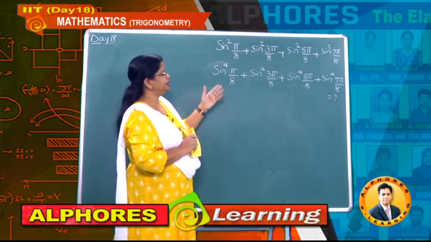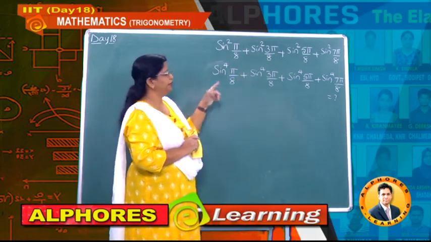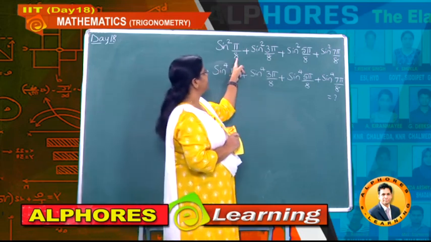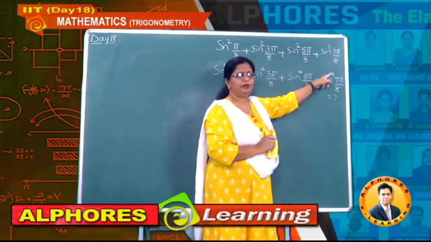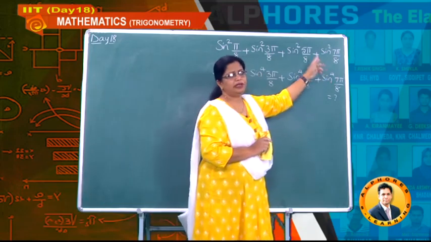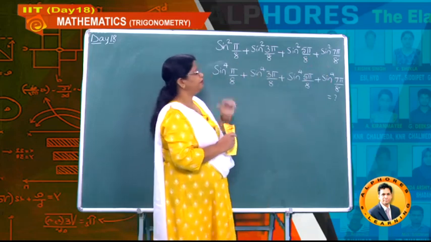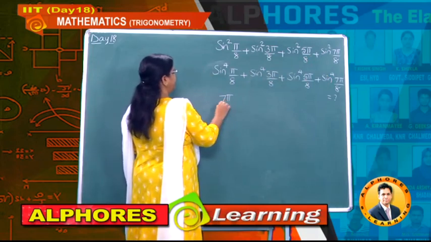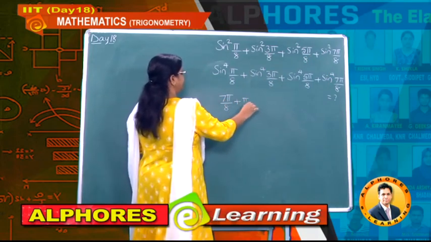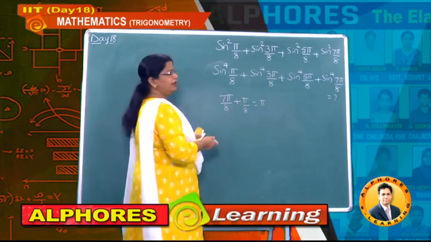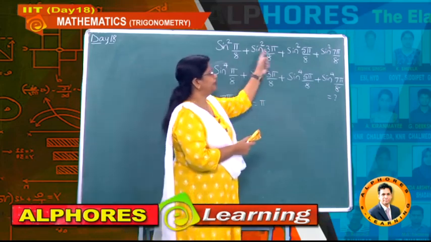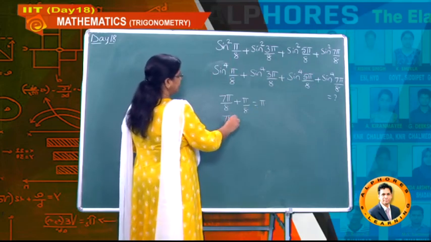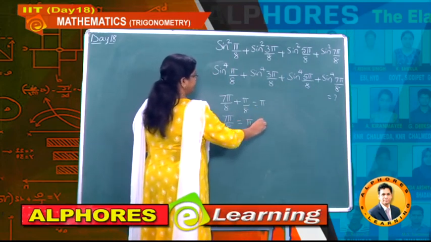That is the reason instead of using other values, better let us check once any complementary or supplementary relation. Now this is the first angle; as usual I told you already, relation is always with the last term. So now what is 7 pi by 8 plus pi by 8? Clearly, you know 7 pi by 8 plus pi by 8 is equal to how much, students? It is pi. That means these two terms are one and the same, and moreover you can write 7 pi by 8 as pi minus pi by 8.